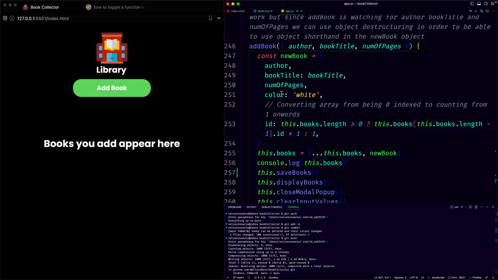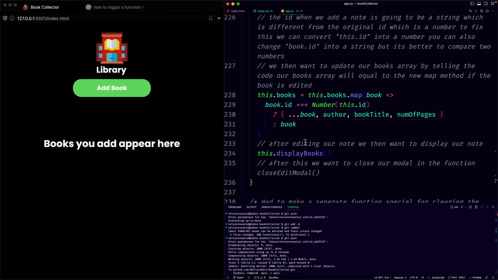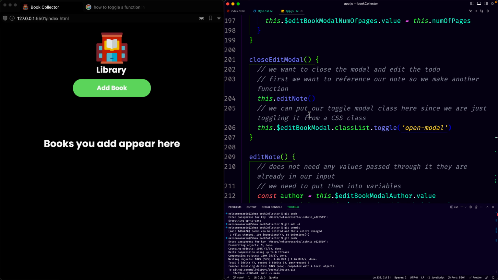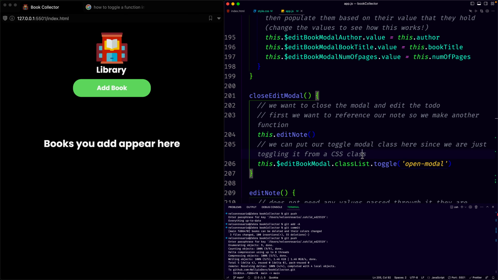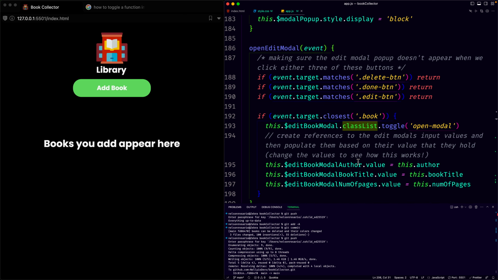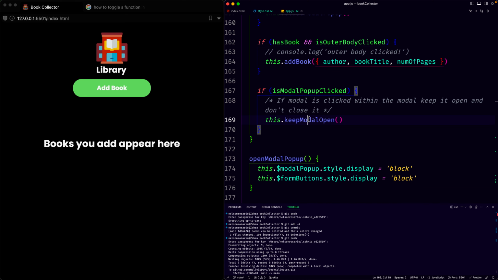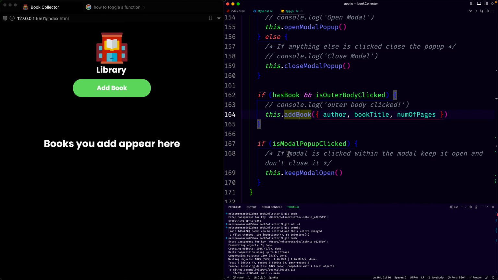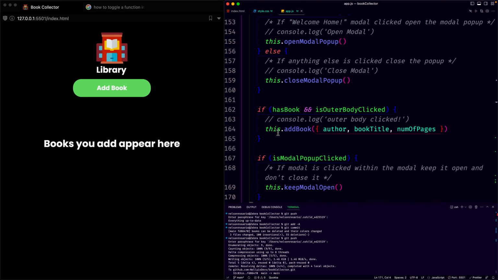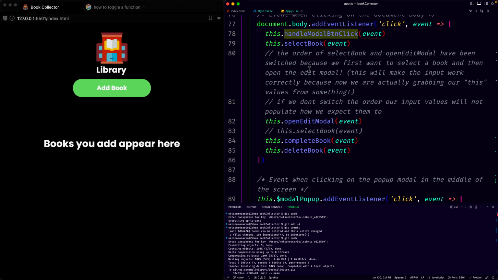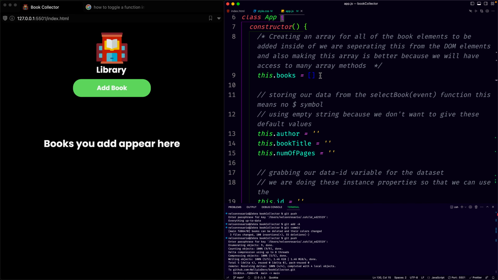Okay, let's keep going up. Clear input fields. We can say this, save books. We can go up to edit note. Nope, that's not it. Open edit modal, don't need it. Keep modal open, don't need it. Add book, don't need it there. Is there no display books in this one? And our handle click contains event. Okay, I guess not. And now up here, we are going to have to convert this